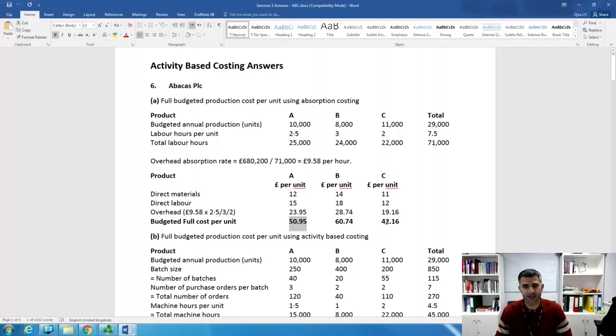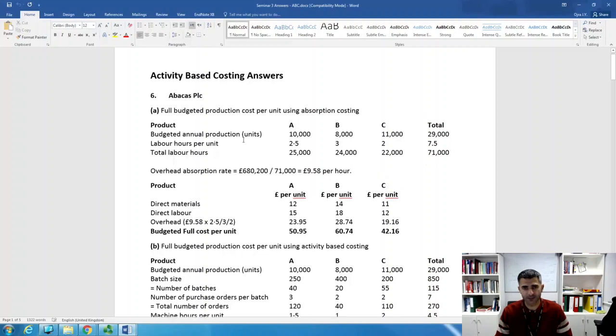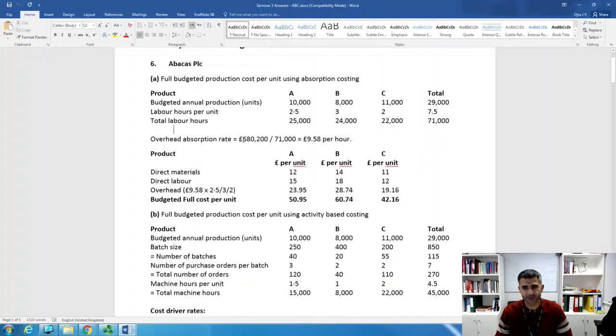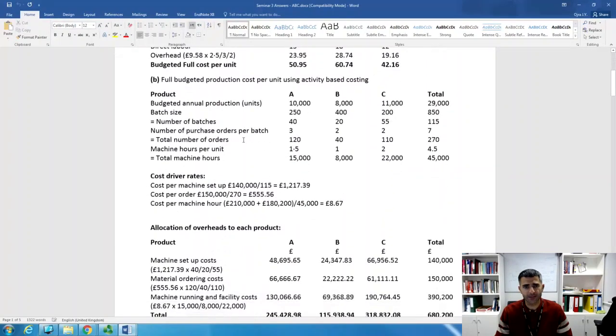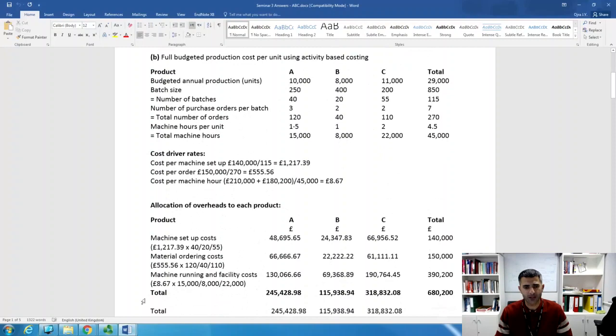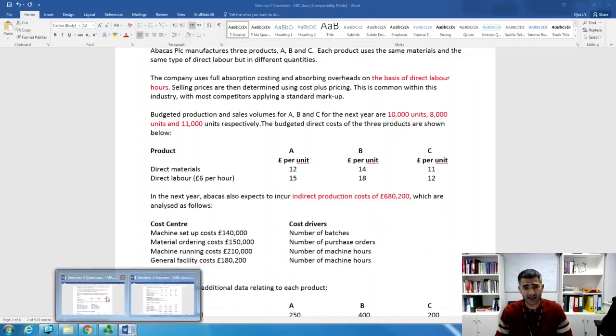B and C. This is the production cost per unit using the traditional costing technique, on the basis of labor hours. Okay, great. So now, let's go back to the question